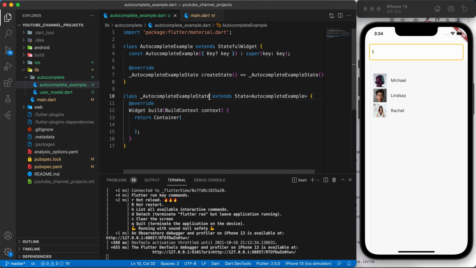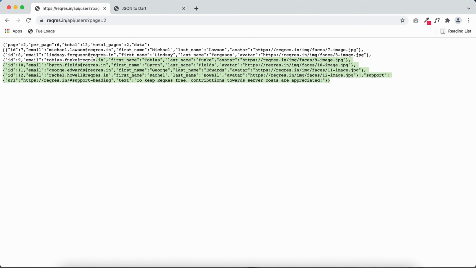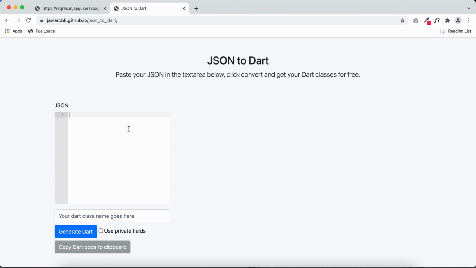To save time, let me tell you some quick things. I have the reqres.in website to get the list of users from the API. This is a free API, you can also use it. I will drop the link in the description, and you can create a class from that JSON using the JSON to POJO website.